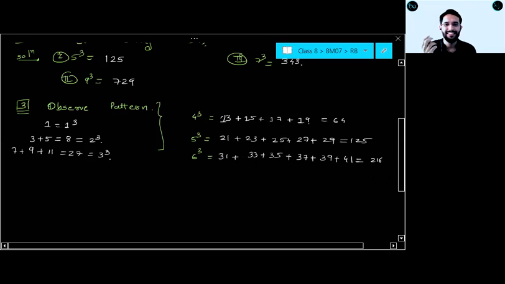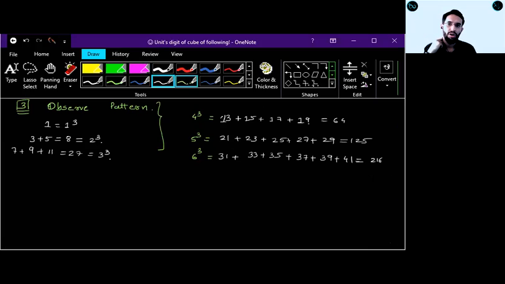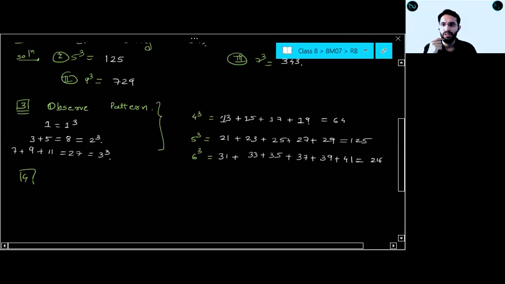Yes, sir. Right, yes. So here, now similarly, they have given you one more pattern in question number 4 that I am giving you from homework. In the same way, question number 5 I am giving you from homework. In question number 5, you need to identify which of the following are perfect cube or not.